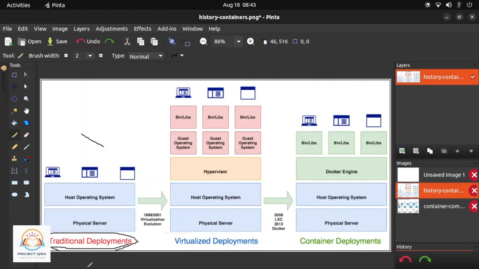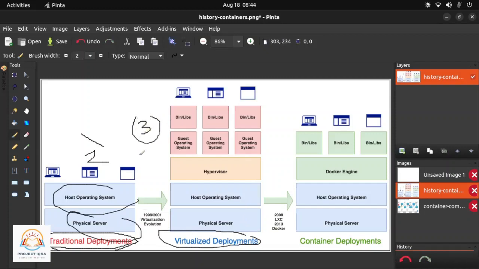So on traditional deployments, we have a physical server and operating system, and you can run one application on one physical server. For another application, you need to spin up another physical server. For virtualized deployments, you can run one physical server and run up to 2 to 3 applications. But the catch here is you need to have an operating system for each application, and there are memory allocation issues,